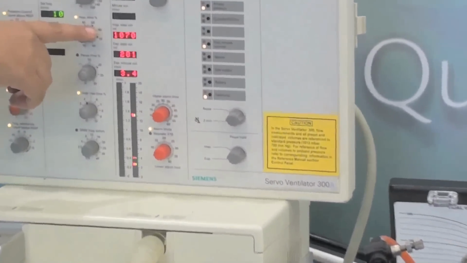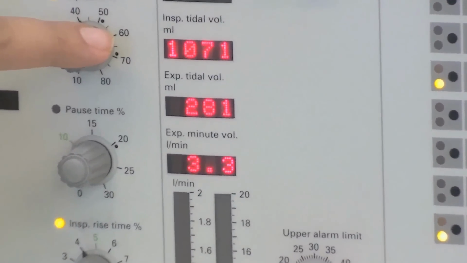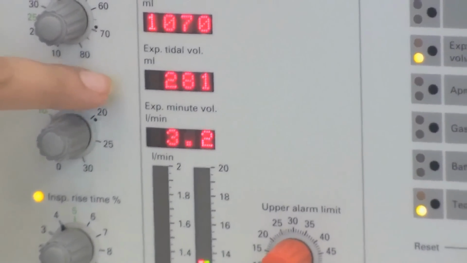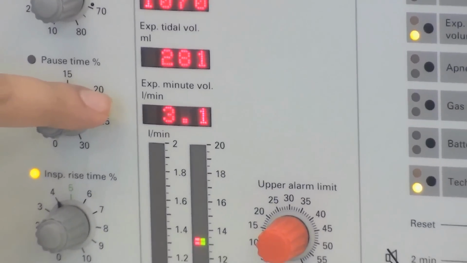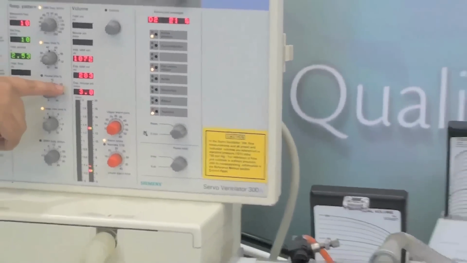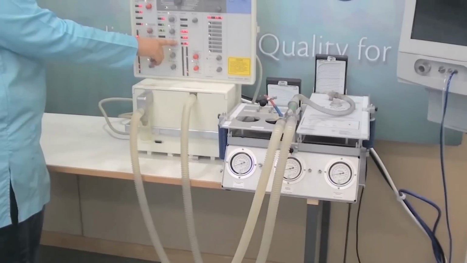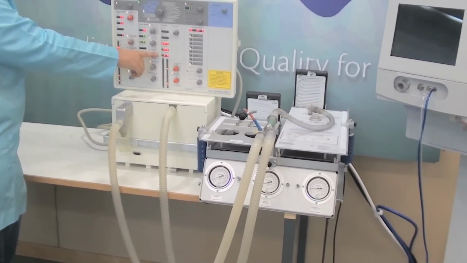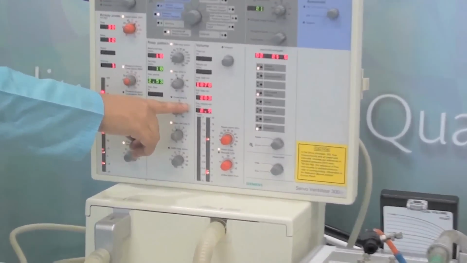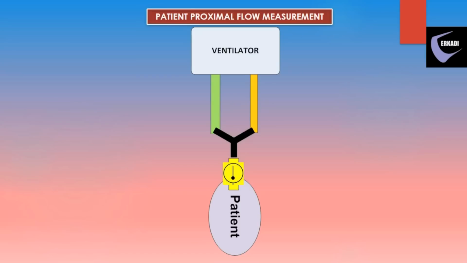However, where things become alarming is when we try to rely on the monitored data. The inspired tidal volume shows over 1000 ml, more than double the actual volume going into the lung. The exhale tidal volume is 280 ml, nearly half the actual volume. The minute volume has reduced by over 30% and falling, in spite of there being really no change. We are relying on, as discussed earlier, the ventilator's volume data to direct therapy and also to prevent ventilator-induced lung injury. Clearly, using either the inspiratory tidal volume or the exhale tidal volume is fraught with risks whenever there is an instability in the system, like leaks, etc.